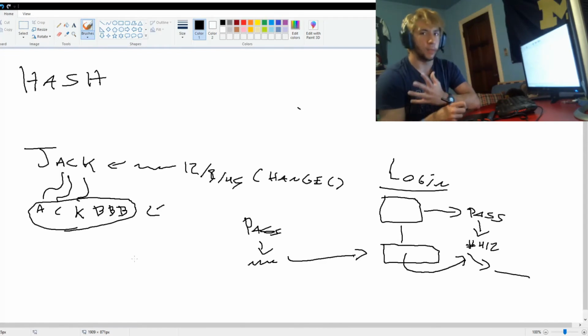So why is this done? This is the fundamental question. Why would this be done if it seems almost purposeless? And the point of this is all for security reasons.